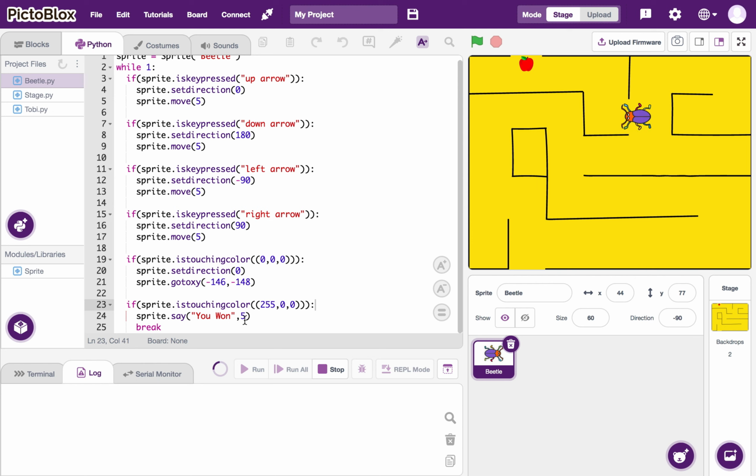We have to be very careful so that the sprite doesn't touch any black line. And now we are about to reach our destination, and you can see the message displayed as